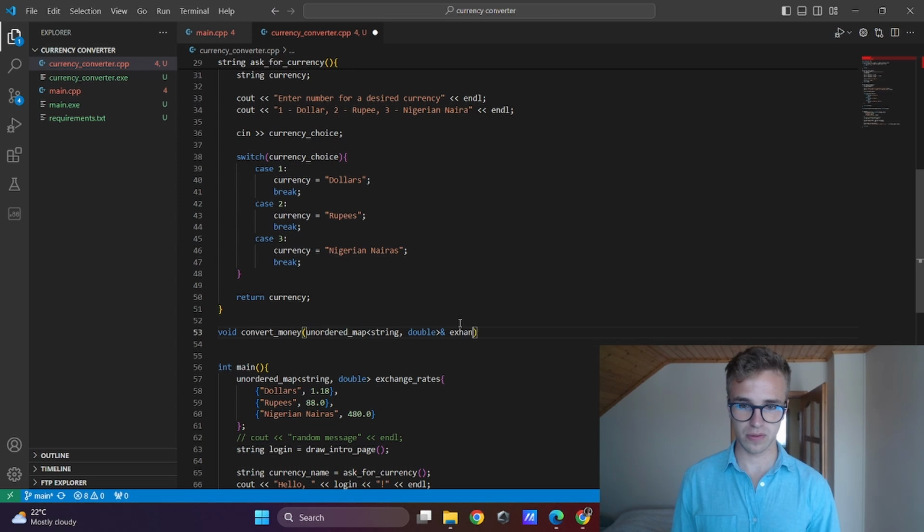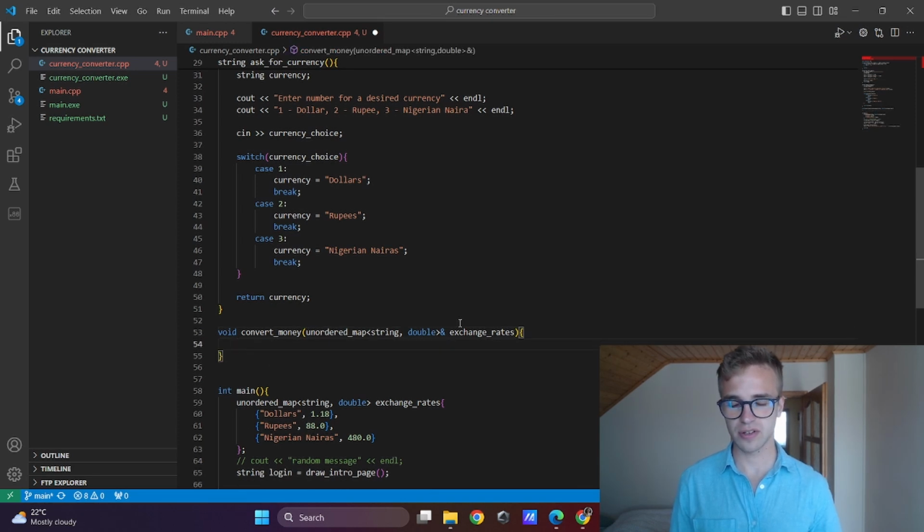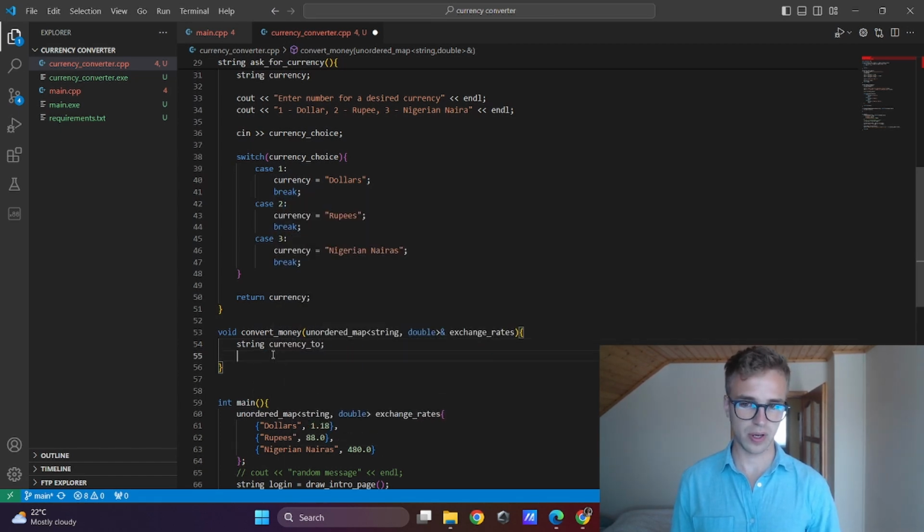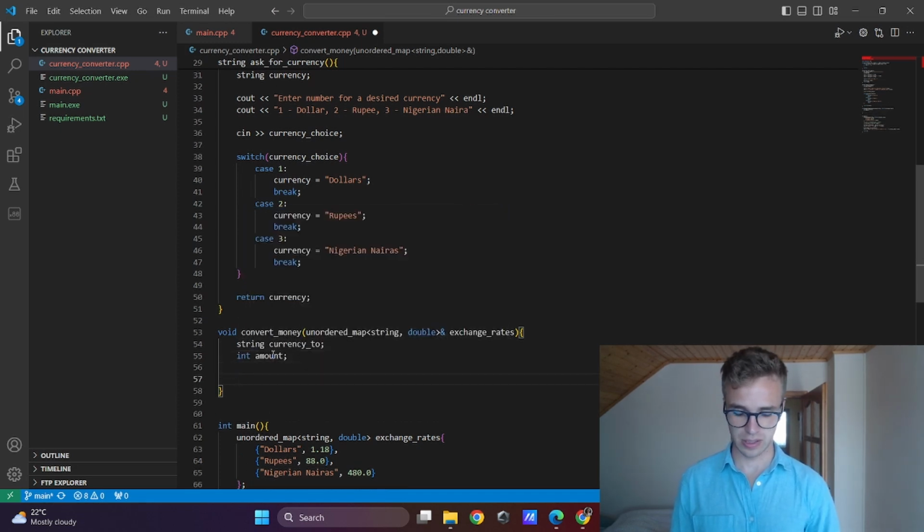I will call it with the same name, exchange rates, curly braces, and here we need to store two things: to what currency we wanna convert our euros and what amount. Here I will print out, choose what currency you want to convert your euros to.